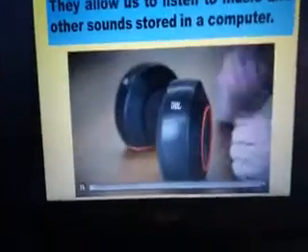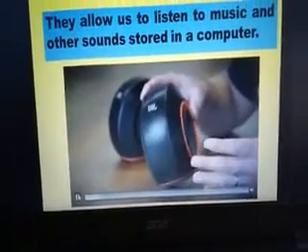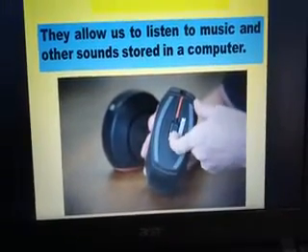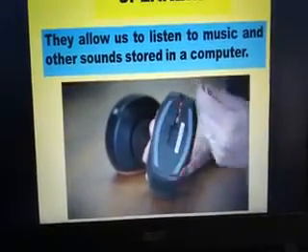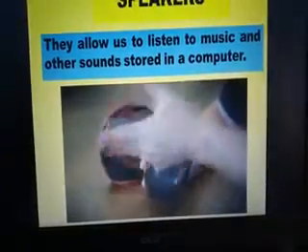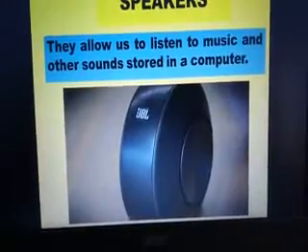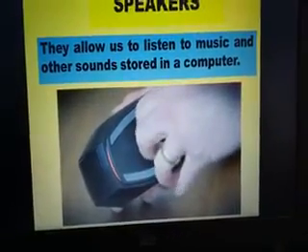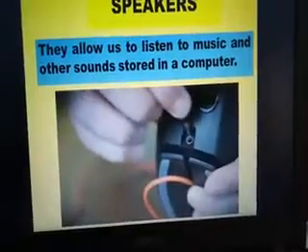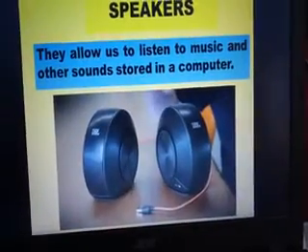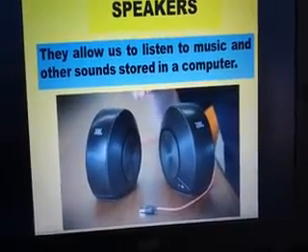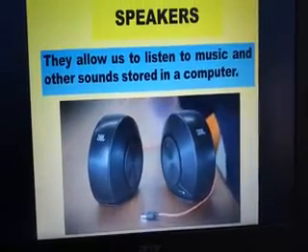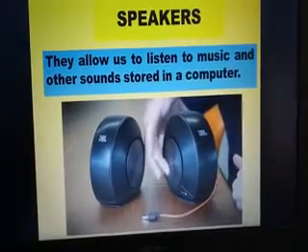Okay, here are the speakers, small and compact. There is a cable at the bottom. This cable will connect the speaker to the CPU cabinet, and the other speaker also has a cable. This cable is connected, and now the two speakers are connected to each other. And how do you change the volume? How do you increase or decrease the volume? Well, in this speaker, that's the volume button.